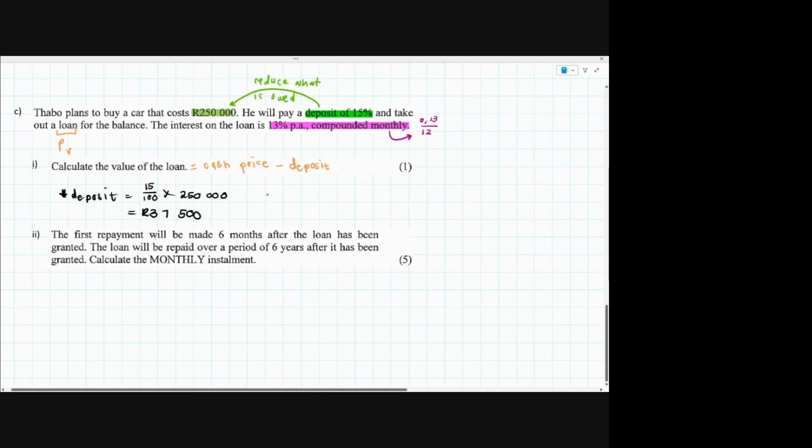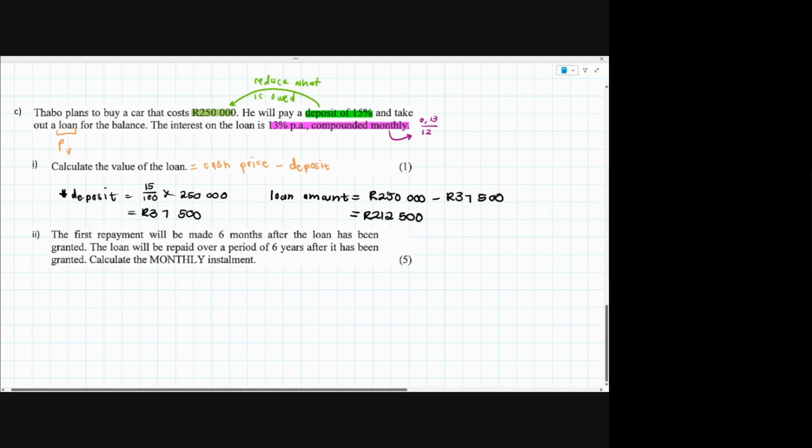Yes. What we now do to get our loan amount is we take the cash price of 250,000 and we subtract that deposit we just worked out. And that takes the amount down that he is going to loan from the bank to 212,500